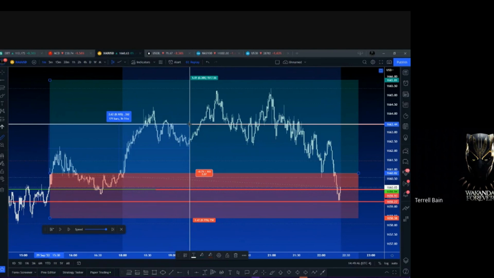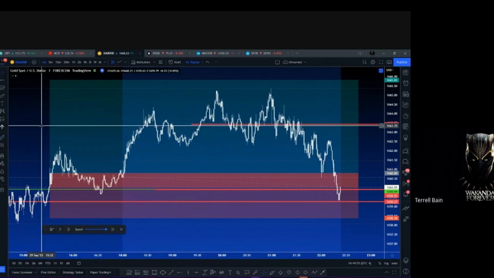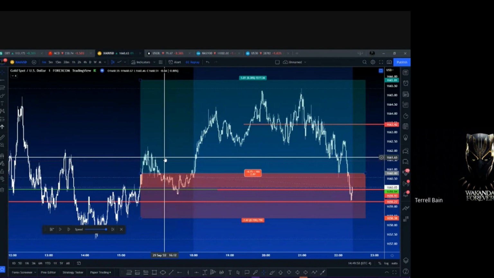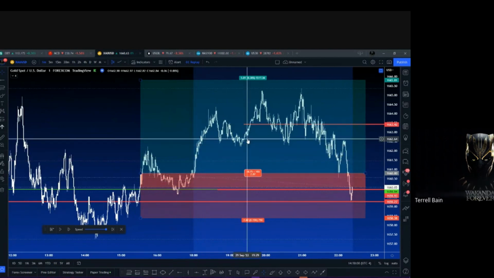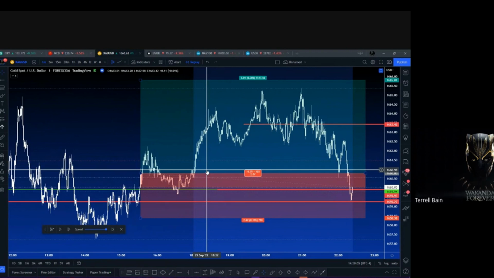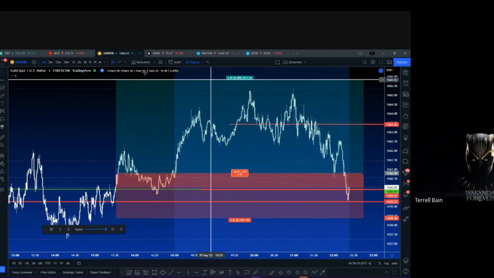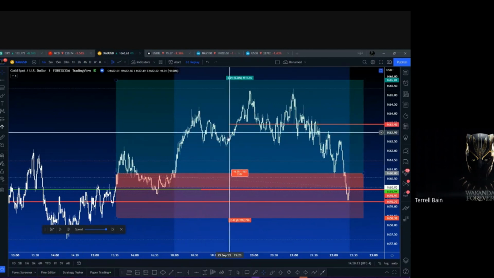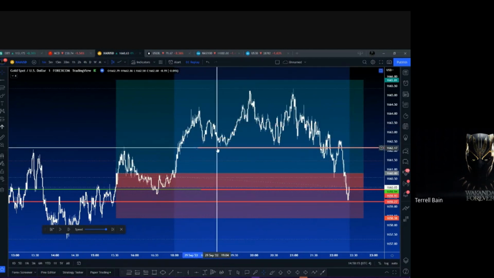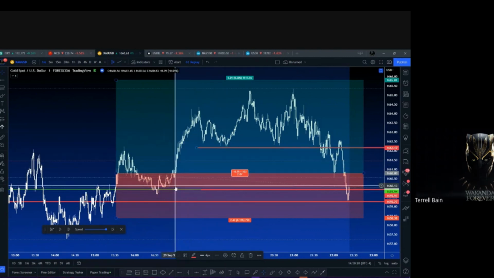Right. Gold will get you paid, but the thing that'll really get you paid is understanding market structure, price action, all of those good things. And then obviously, once you actually get in, right, to Ariel's, to Tanya's point, we want to know when to move our stop loss, right? So our goal is to make it a risk-free trade as soon as possible. And then obviously, if we're up big, right, price just happens to move quickly, and we're up big, come on down to the minute time frame, find that V shape, and put your stop loss just a little bit behind it. So now this is no longer a break-even trade. This is a trade where you actually locked in profits.